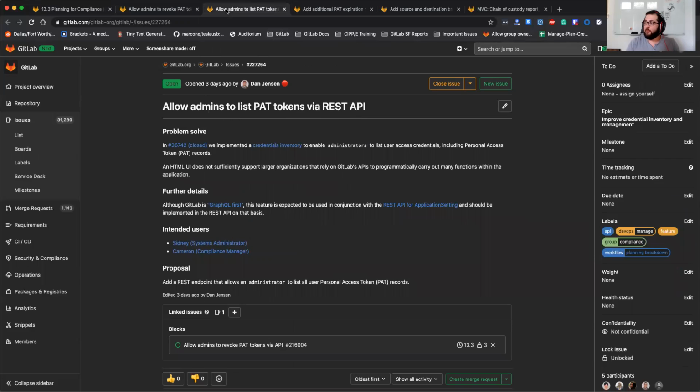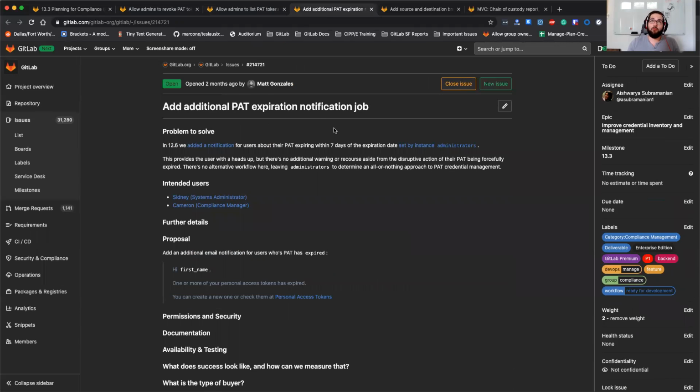Another requirement to that is ensuring that you are able to list the personal access token credentials for your users. So being able to list them and then optionally revoke them is a capability that we'll be adding in this milestone. We're also looking at adding an additional notification job for the expiration of personal access tokens